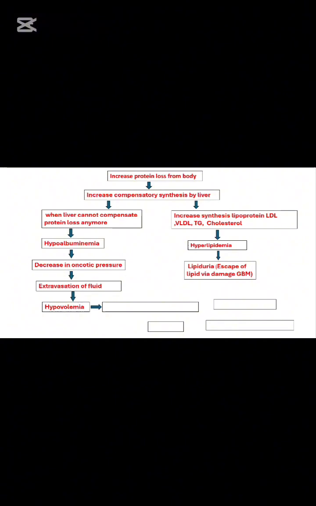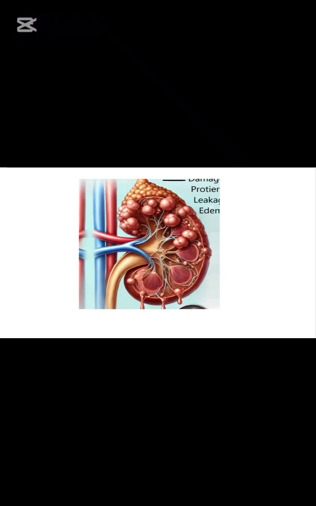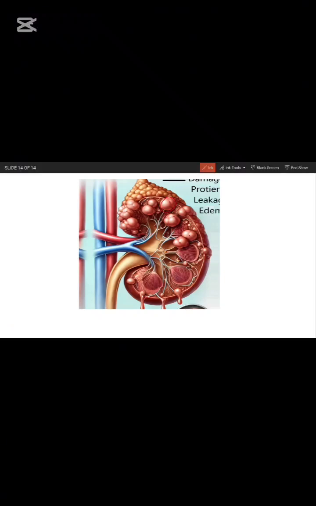Due to hypovolemia, the aldosterone and ADH concentration increase, and that further causes sodium and water retention, and it causes more extravasation of the fluid, and finally it leads to anasarca, that means generalized edema. Finally the kidney looks like this. As you see, there is thrombosis due to the increase in fibrinogen or decrease in anticoagulants as the proteins get excreted through the kidney. Due to this also the thrombosis happens. Now this is the pathogenesis of